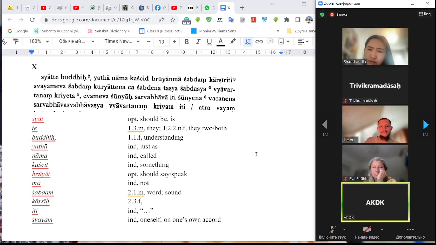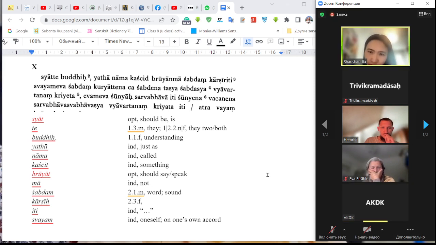Okay, so it's taking that part of the ma shabdavat thing. So it's explaining that ma shabdavat iti etat syat buddhih. So it's saying that